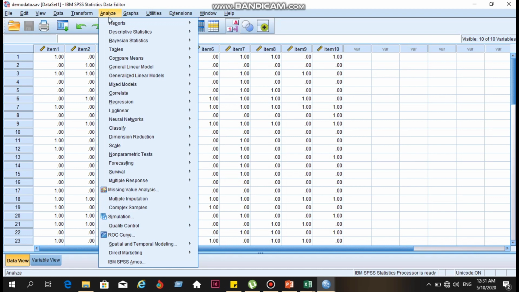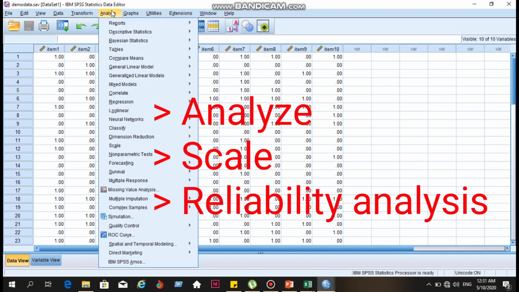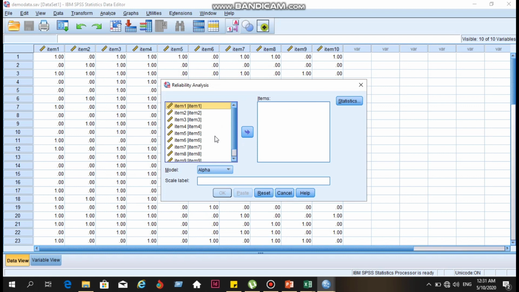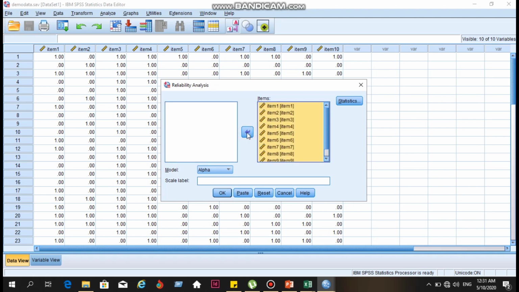So, sa Cronbach's alpha, we actually click analyze, and then we go to scale, and then we go to reliability analysis. And then, we copy all, Control A, the items, and then we move it to the other side of the box, and then we